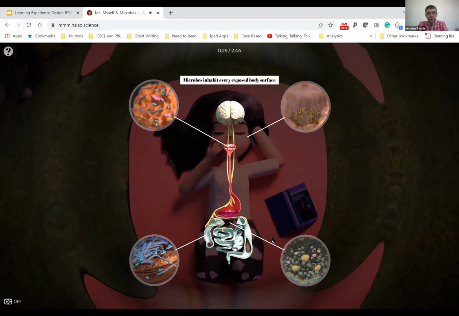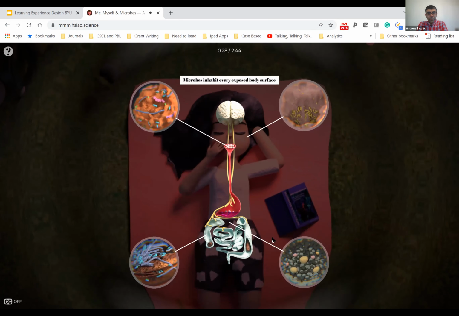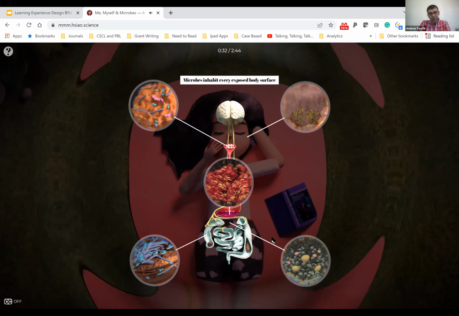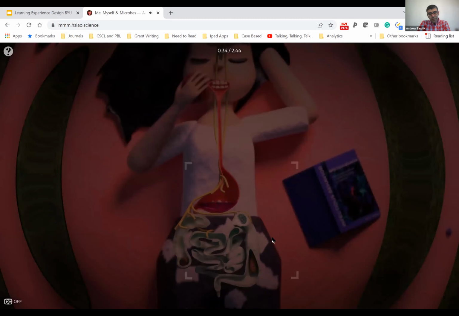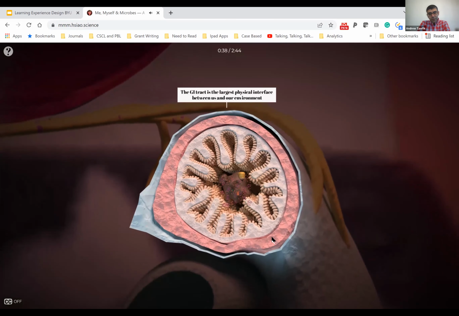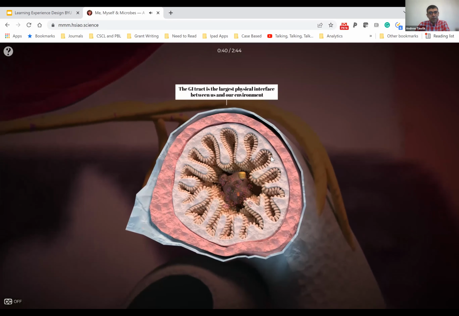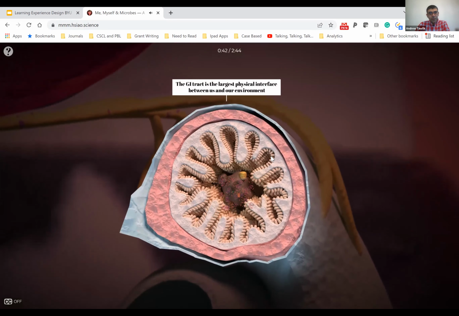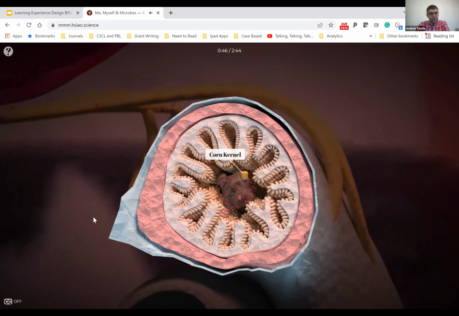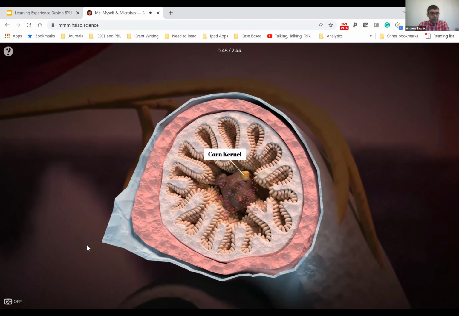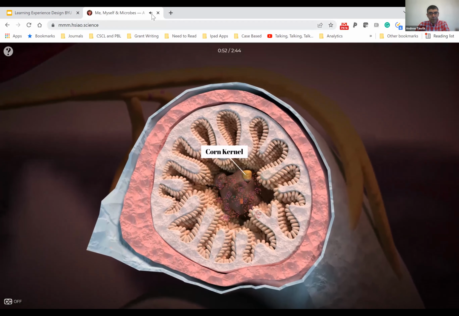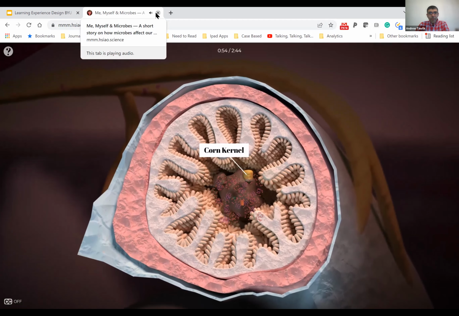Microbes inhabit every exposed body surface, even the extremely acidic and harsh environment of the stomach. With a surface area of about 32 square meters, the gastrointestinal tract is the largest interface between us and our environment. It contains the highest number and diversity of the microbiome. Collectively, these microbes would weigh a hefty 2 to 6 pounds, up to twice the weight of an average adult.